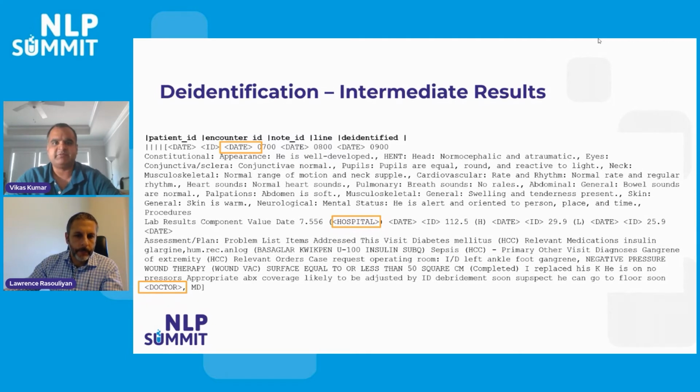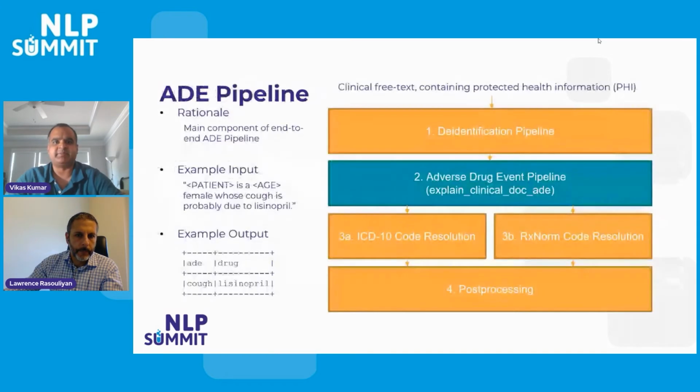And so now that we've completed the de-identification step, the next step in the pipeline would be to do the main part, which is the adverse drug event extraction. So really there's 3 substeps to this part of the pipeline. The first step is you need to identify the adverse drug event that occurred. The second part is you need to identify the drug that occurred. And then the third part is you need to see if those 2 things are related in a causal manner,